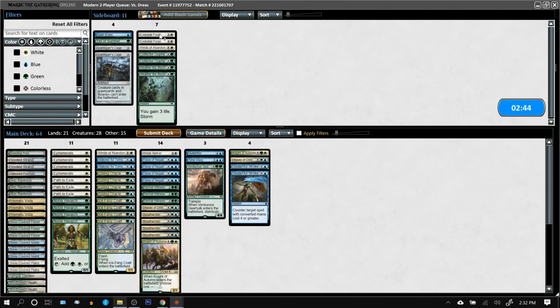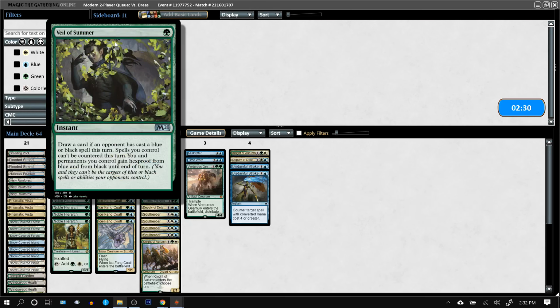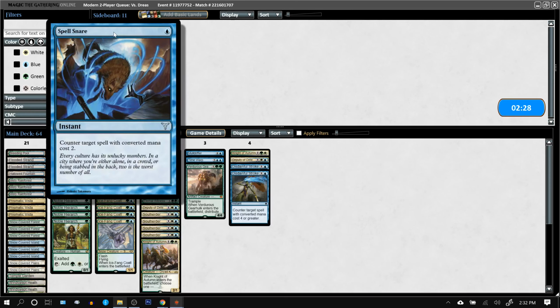Celestial Purge hits red and black, so that's not really useful. Winds of Abandon, we just saw they had Wormcoil tokens and an Ulamog. But we're going to stick with Paths. I already got a main deck Winds of Abandon. Veil of Summer, again, is blue and black, so that's useless. Spell Snare is only going to hit